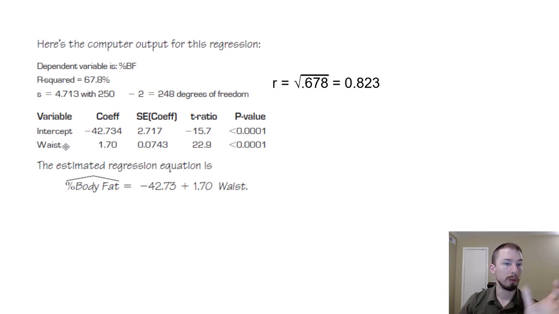So we're using waist to predict the percent body fat. That's what they give you in the regression analysis. The coefficient of that is 1.70, which is our slope. The standard error for the slope is 0.0743. The t ratio, which is essentially like a t-score, is 22.9, meaning we're 22.9 standard deviations